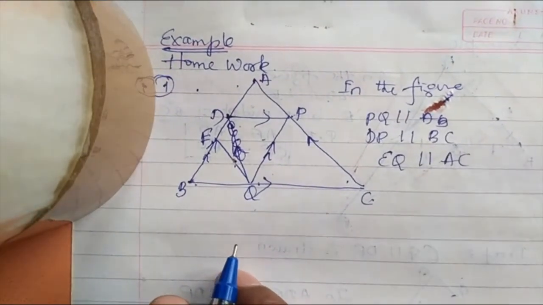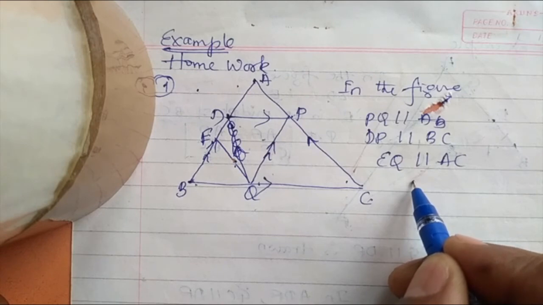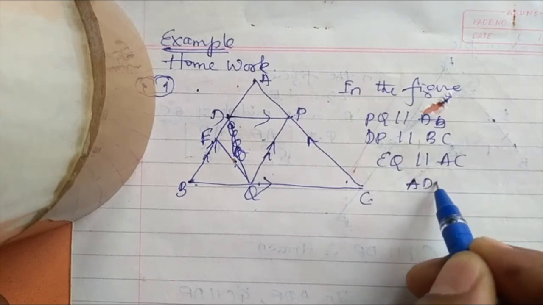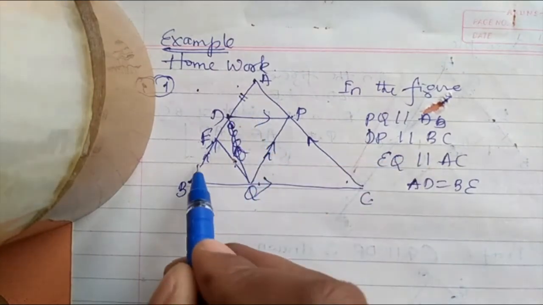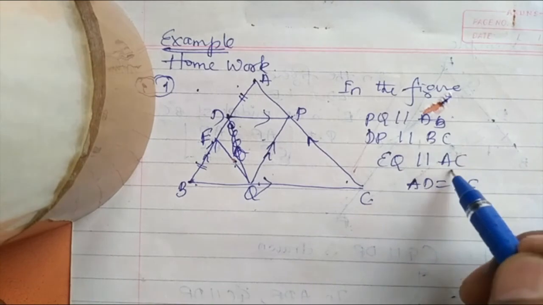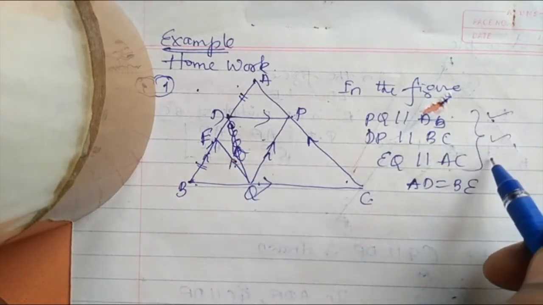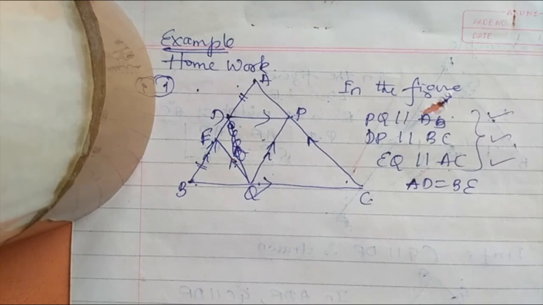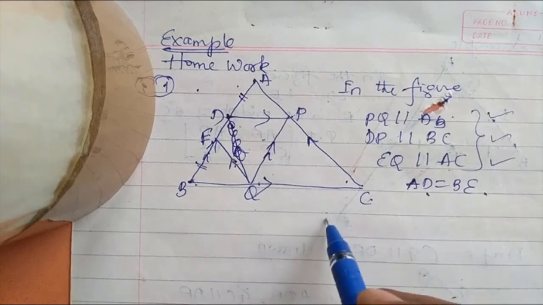Using all these three parallel lines, one more clue also given, that is AD equal to BE. This AD part is now equal to BE part. So you go for all the three parallel lines, try to write BPT for all the three. After three equations obtaining, compare all the three equations, including this AD is equal to BE, prove that